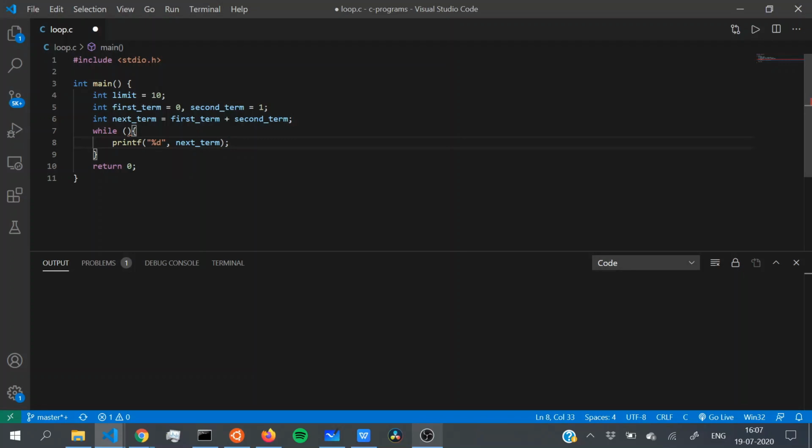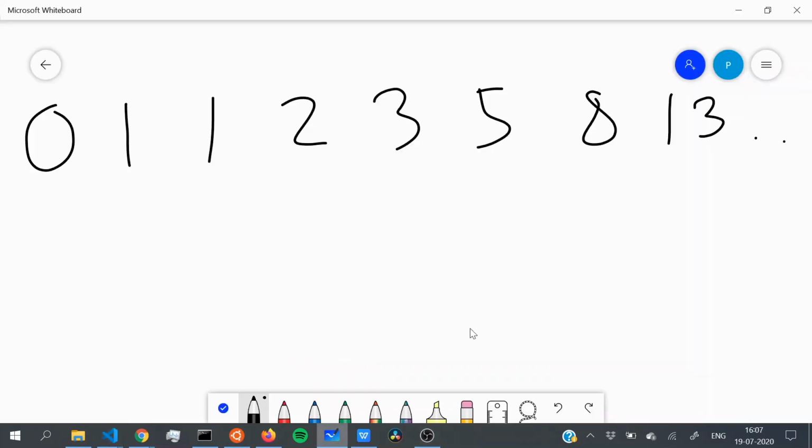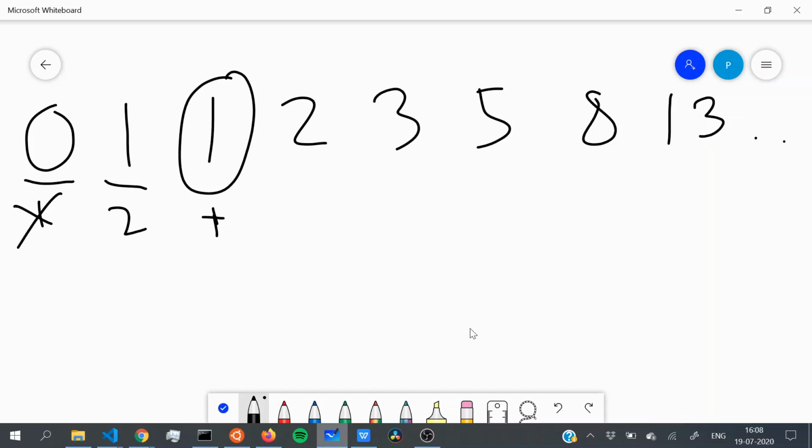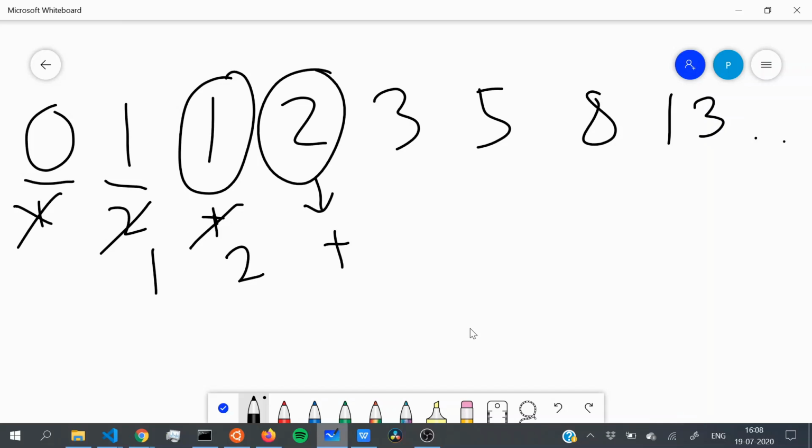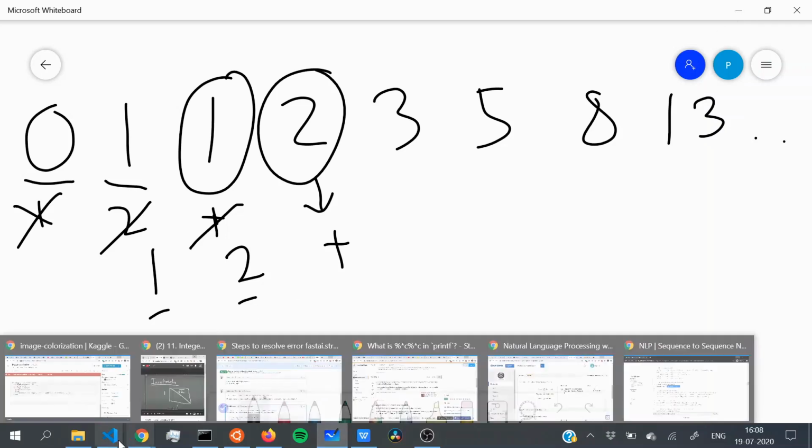And what happens next? If you look closely, we have the first term, the second term, and the next term. The next term is the summation of the first and the second term. So in the next iteration, we discard the first term, our second term becomes the first term, and our summation, which is the next term, becomes the second term, made by summing up the new first and the second term. I hope I was clear. Let's translate this into code,